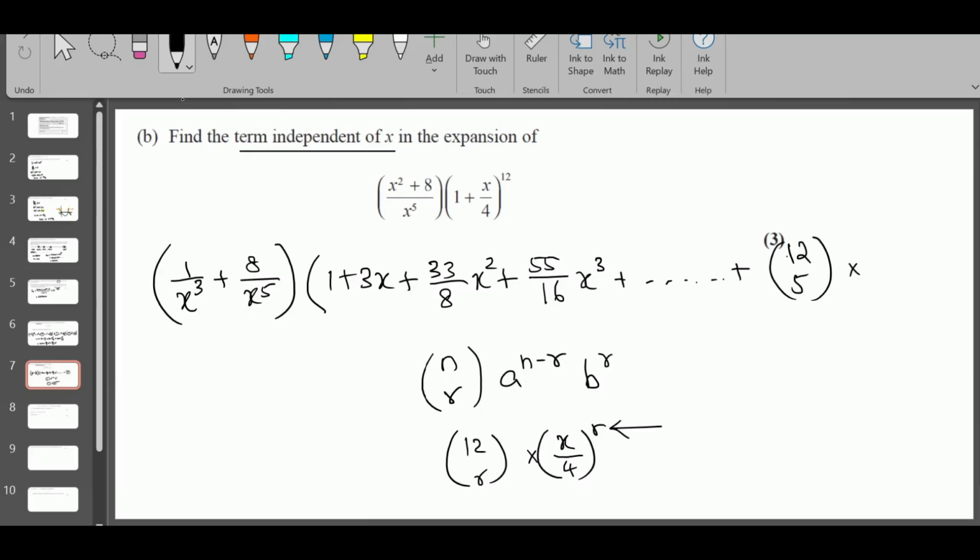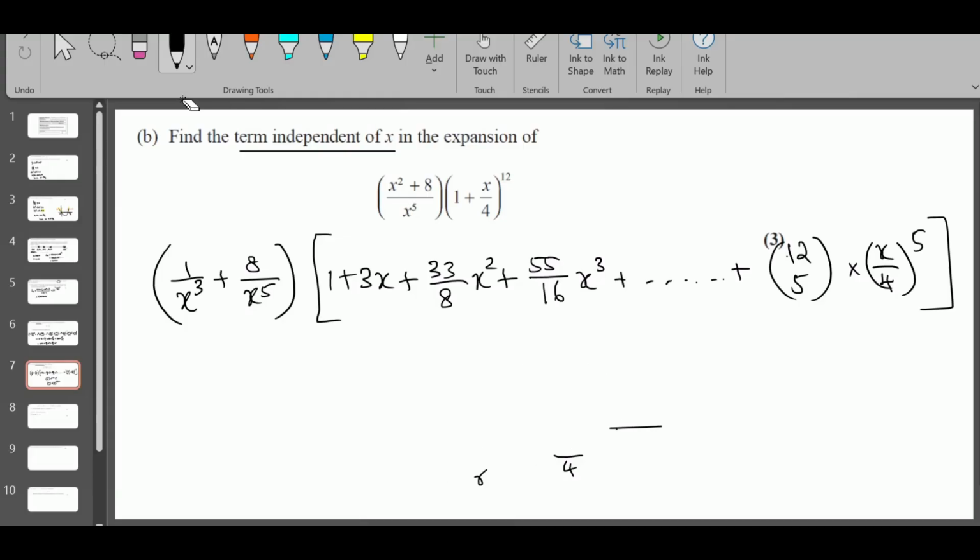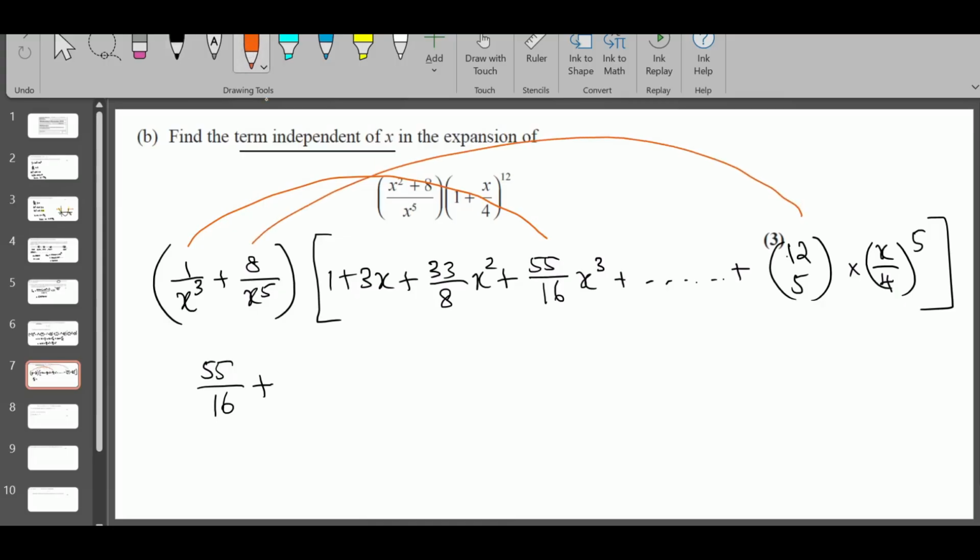12C5 times x over 4 to the power 5 will give you that particular term with x power 5 in it. You don't need to write this, it is just for your rough working. So now to find the constant, I'm going to multiply these two, x cubed will be cancelled, so 1 times 55 over 16 plus, I'm going to multiply this term by this, so it's 8 times